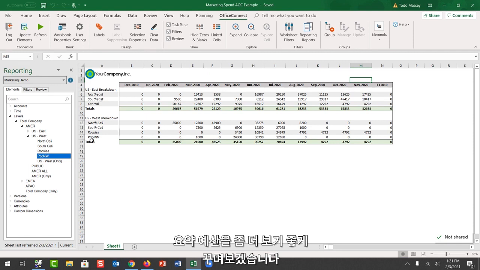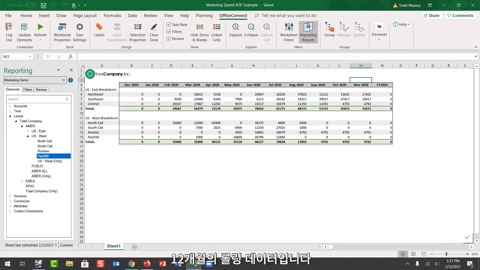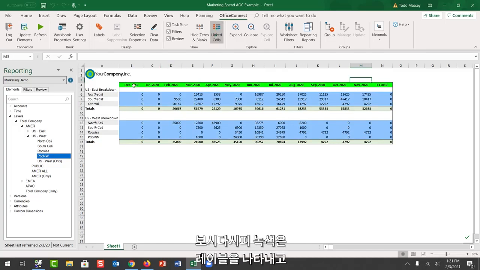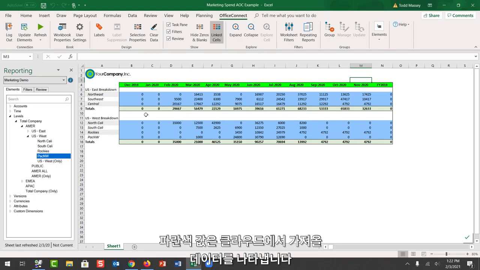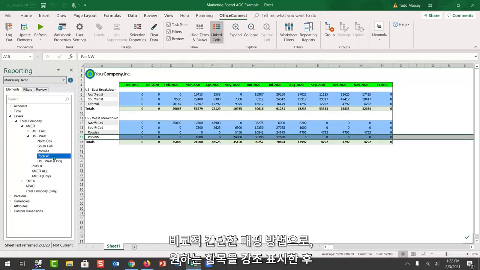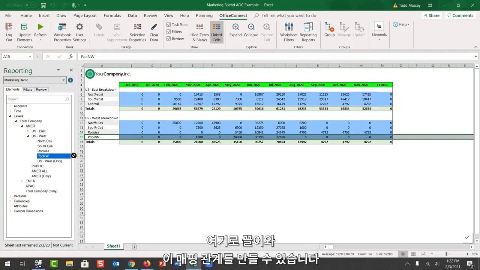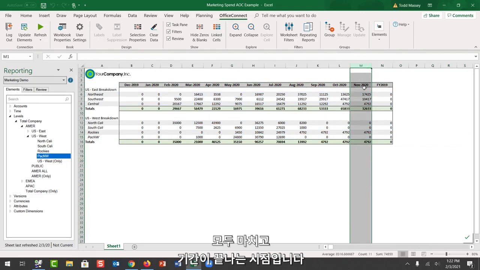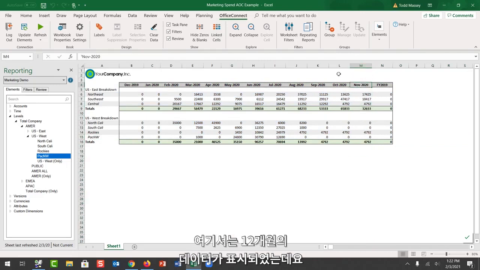In fact, if we illuminate our summarized budget here, looking at the 12 months rolling, we'll illuminate our plan. Here you can see the green values represent labels and the blue values represent where we're going to pull down from the cloud. It's a relatively simple mapping exercise. You just highlight the items you want, drag it over here, and create this mapping relationship. And then when you're all done, at the close of the period, in this case running 12 months backwards here,